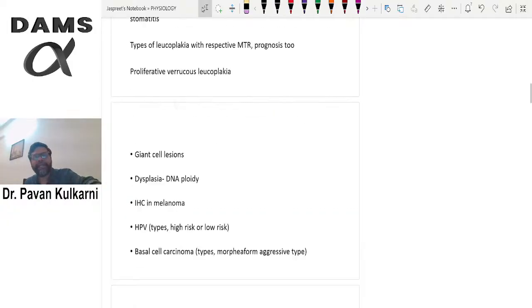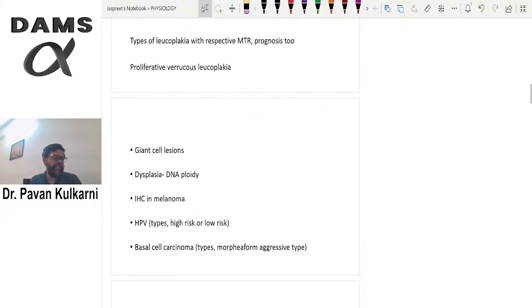Okay, next you should know about giant cell lesions. Again, a very favorite topic. What is a giant cell lesion? What are giant cells made up of? I mean, what is the origin of giant cells? That is one topic that is frequently asked. Giant cells usually originate from osteoclasts. Okay, so that is again